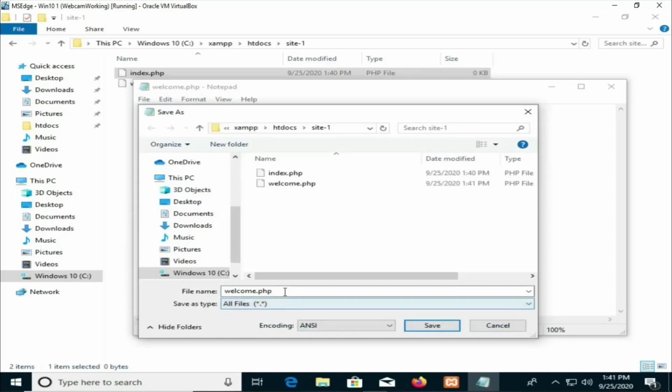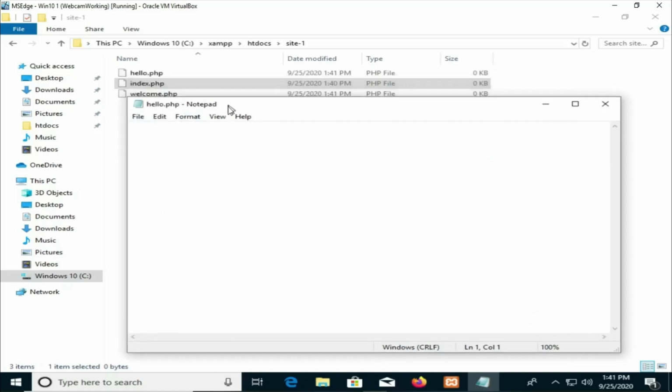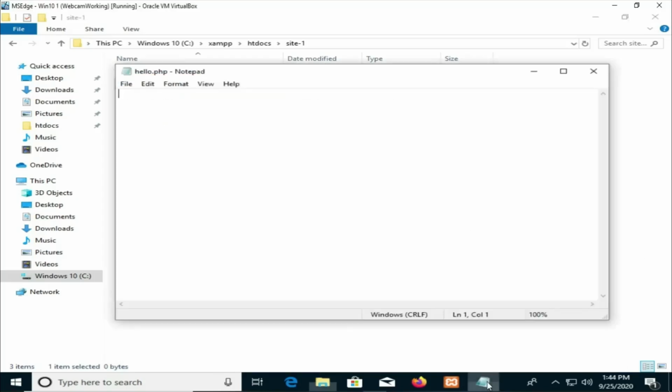It should be all files. Okay, so you can go and create some files here. I'm just going to name it hello.php. Save that, and you will see that we were able to save it as .php instead of having a .txt file. Now let's go and try to open our